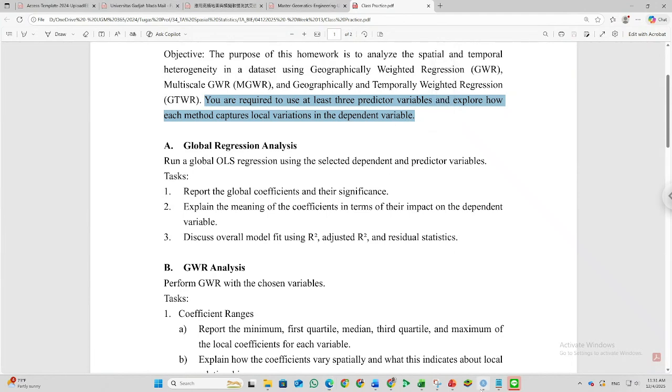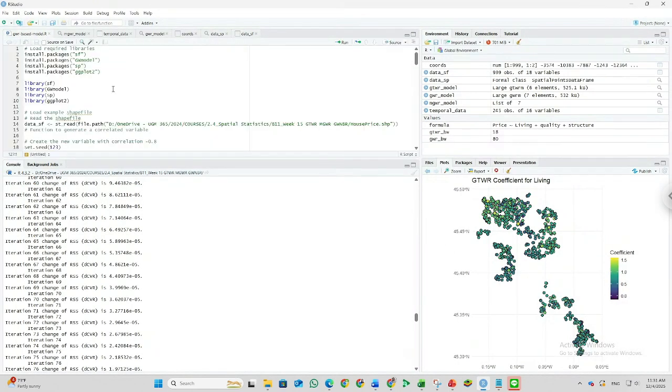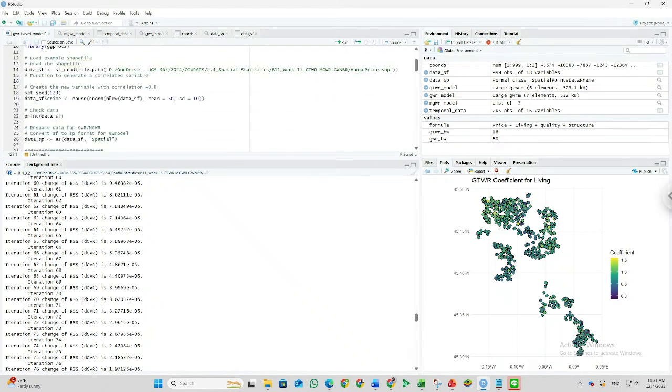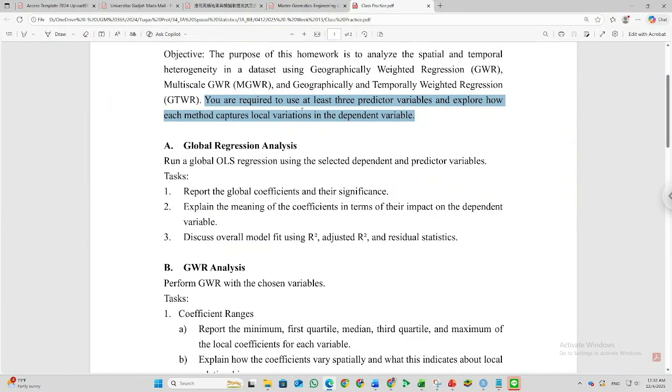In the RStudio practice, you have already practiced using living quality and structure. So for the class practice, you need to use another 3 predictor variables.